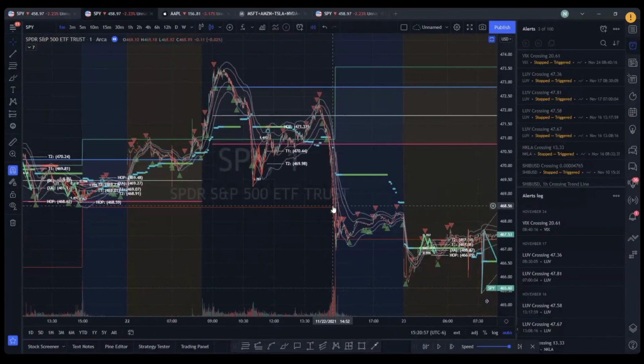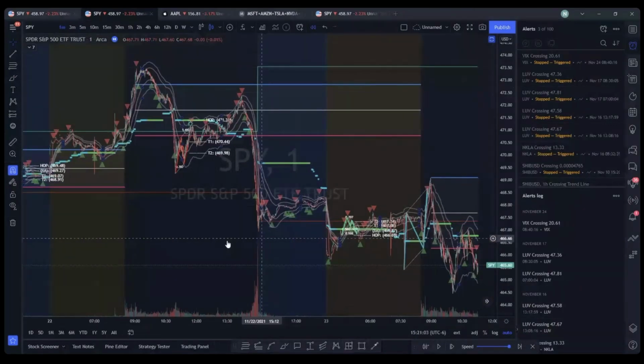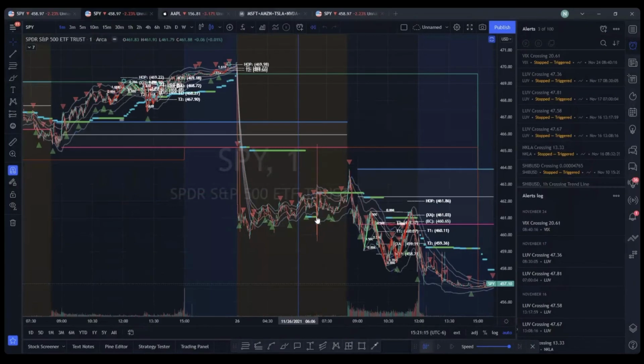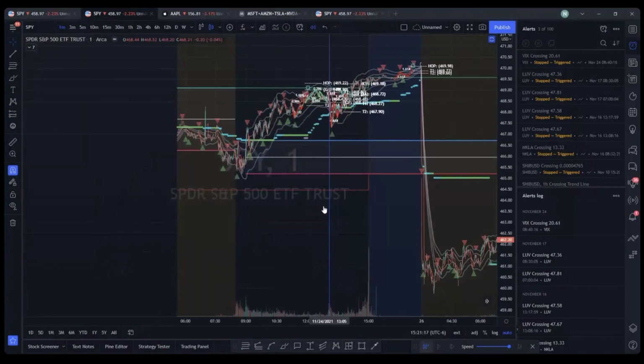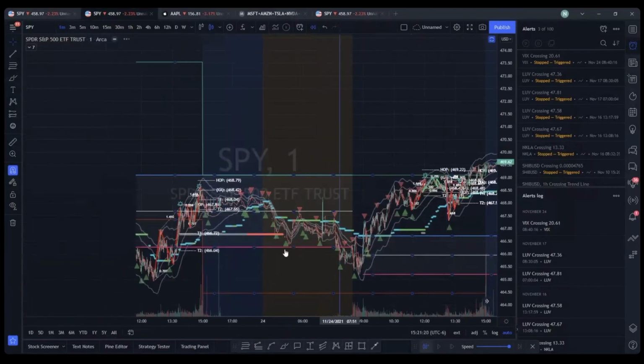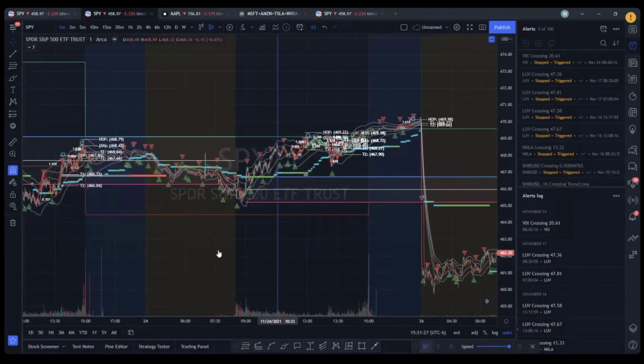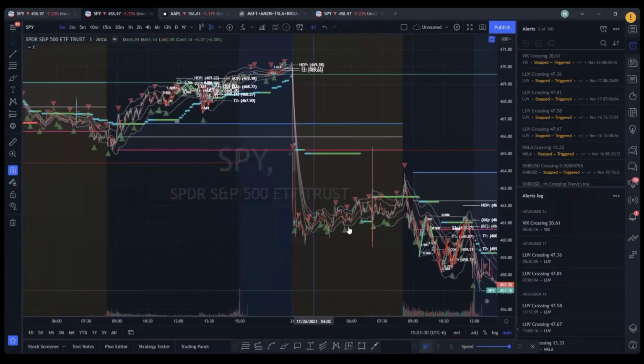So you see here on SPY at the close of the 22nd, we actually traded down here. And so that line's going to move forward into the next day, and that's going to show me the prior day's low. And so if I were to jump ahead here, I can come back in time and find where prior days' lows of the trading ranges that were not broken will then be future support or resistance. And so like here,